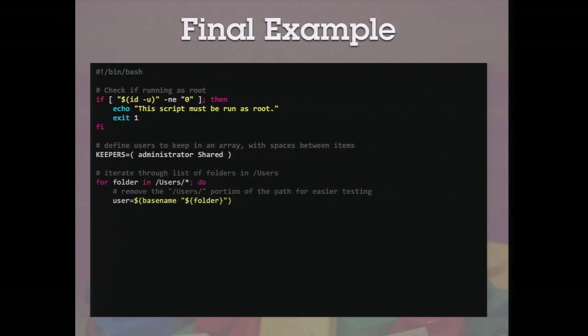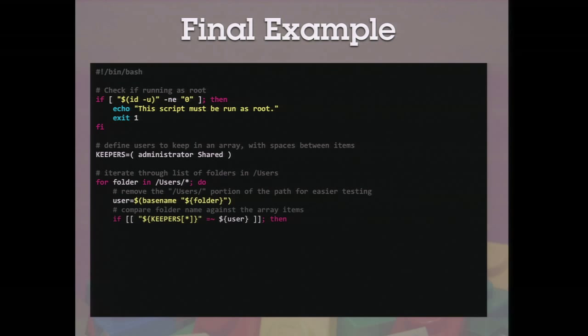All right, so after this, I'm using a command called basename. What that does is it strips off the beginning of the path and just gives you the last piece of it. So that will be the username, or the folder named after the username. And this script is making a lot of assumptions. If your homes are somewhere else, this wouldn't work for you. If your homes are spread all over, you'd probably want to look up where their home directory is via dscl.